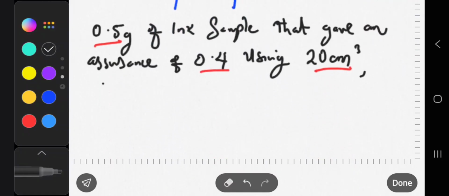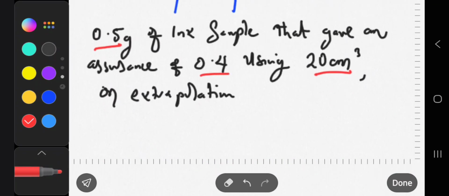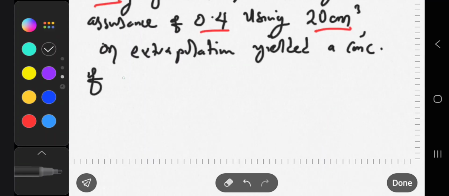For example, if the concentration is given, or you calculated it, and it was found that on extrapolation, which is when you've plotted the graph and drew this line downwards to find the concentration, let's say on extrapolation it yielded a concentration of, let's say, 1.4 mole per dm cubed,